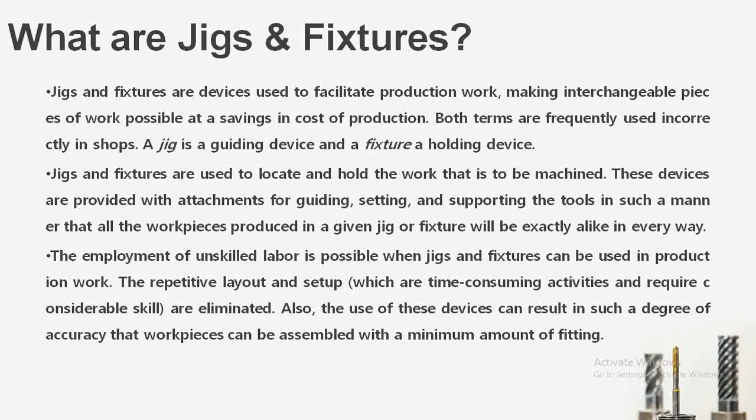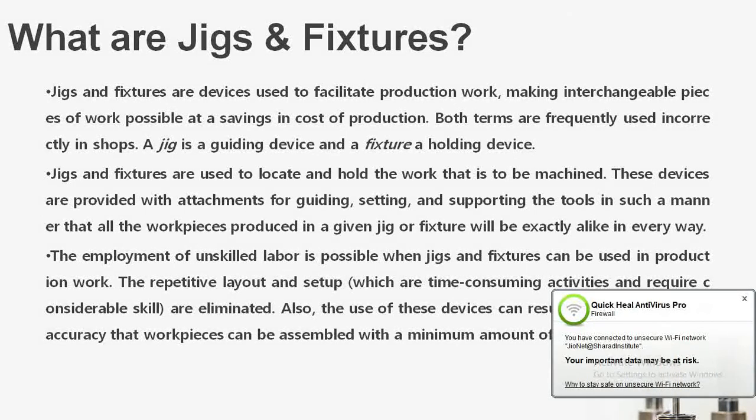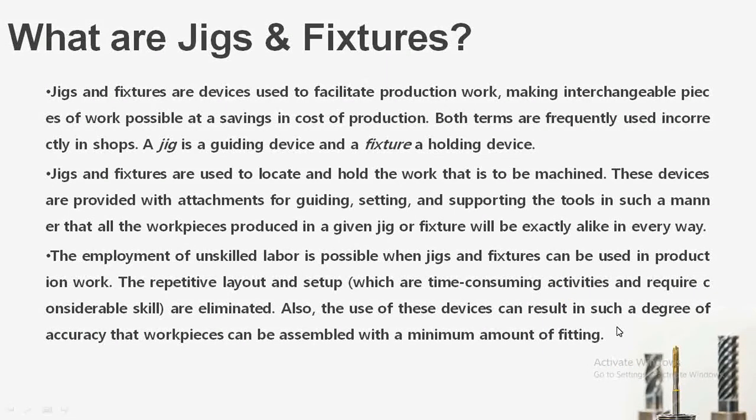Now, why is this necessary? This concept we have seen in the last chapter, that is foolproofing. Foolproofing means arranging the locating and clamping devices in such a way that the object, when it is placed on the machining table, is placed in the desired direction and at the desired location. That will always help to carry out machining operations at an easy rate and also at a faster rate.